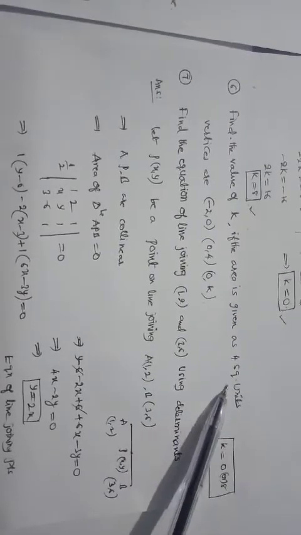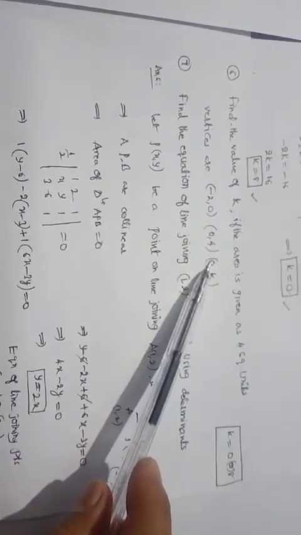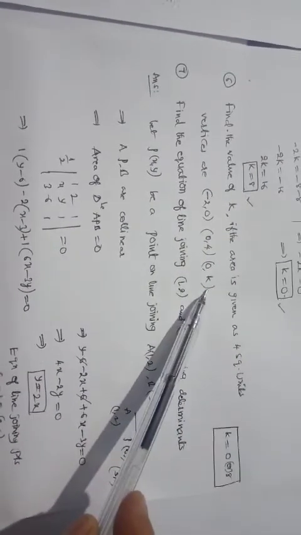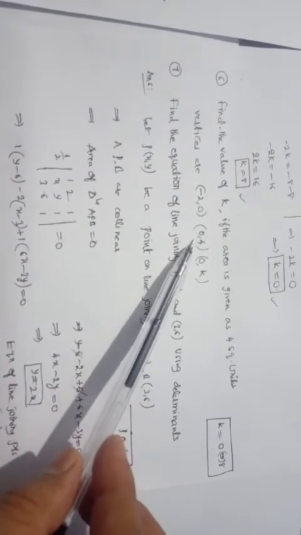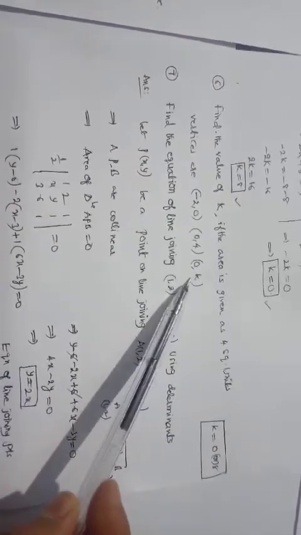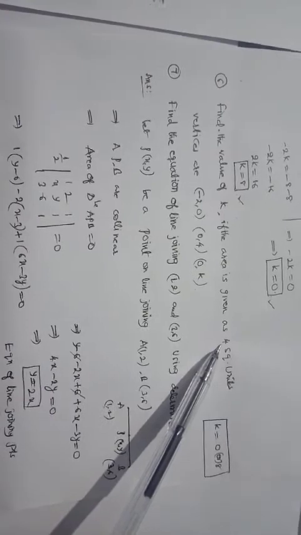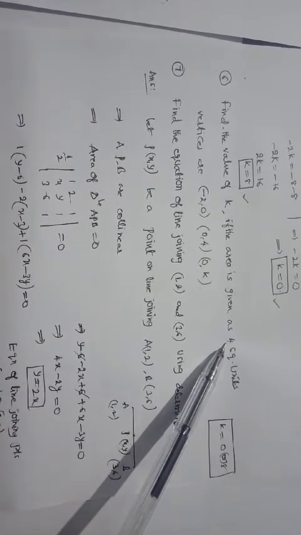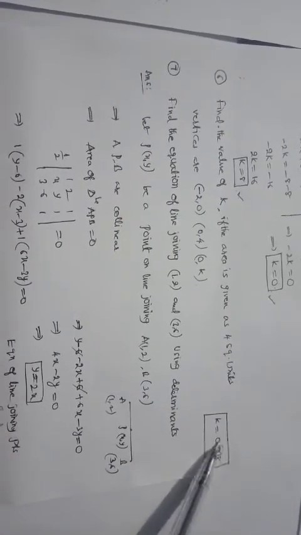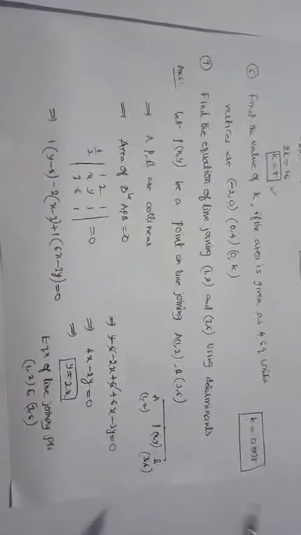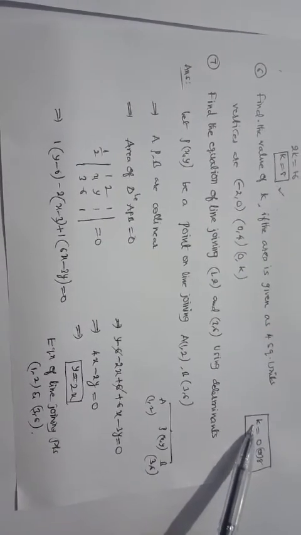Find the value of k if the area is given as 4 square units, with vertices minus 2 comma 0, 0 comma 4 and 0 comma k. So it is the same question, with the same x1 y1, x2 y2, x3 y3 as above. The unknown here is k, and the area is already given as 4 square units. Then the area should be taken as plus or minus, and you will get the values 0 and 8. The answer is already given, you need to find it with the solution. It is also given as homework, so complete the answer.